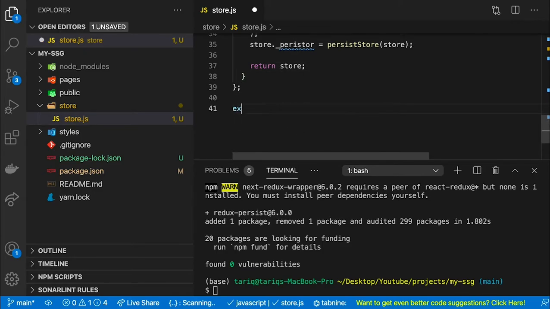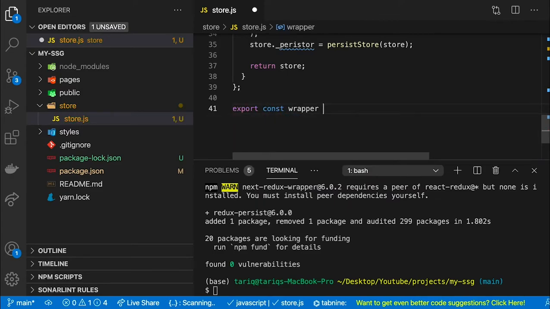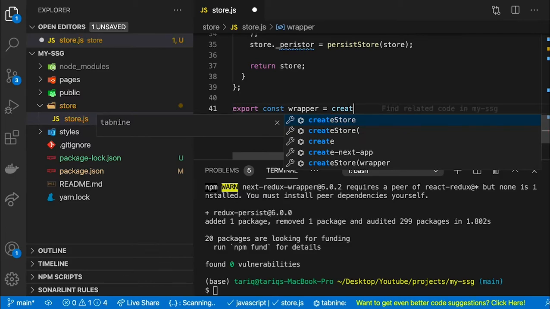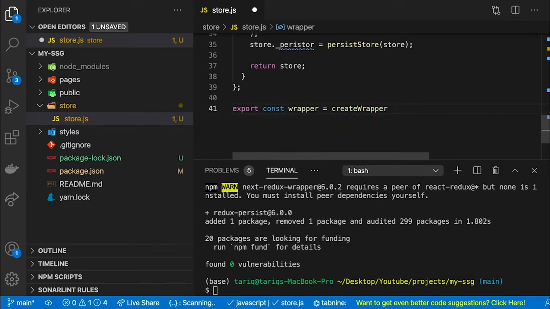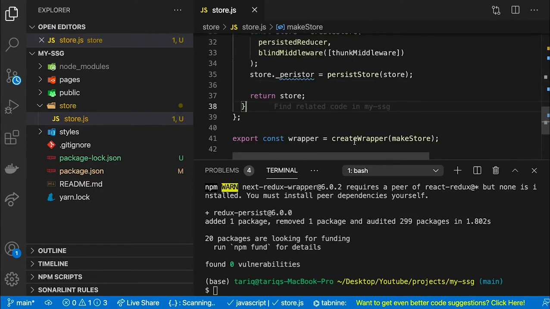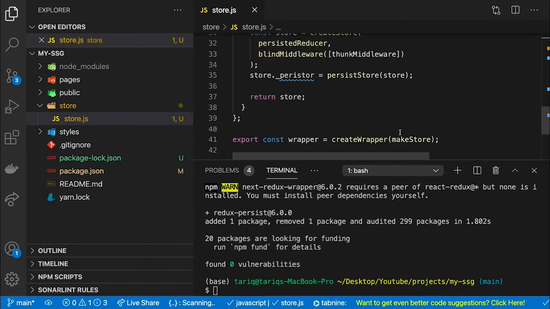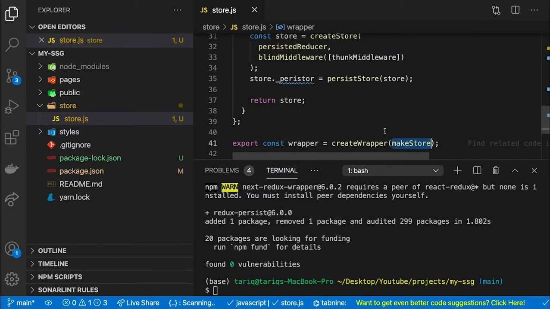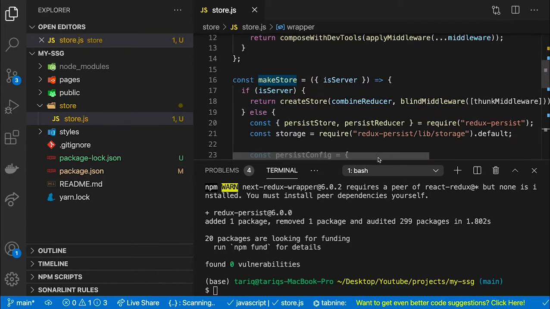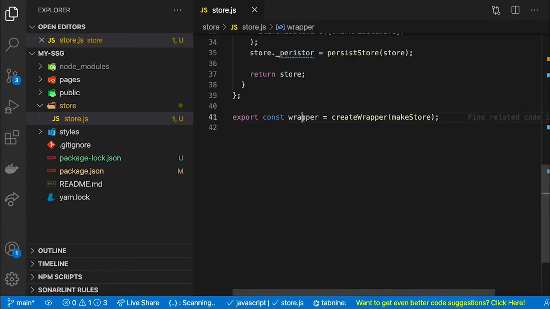Now I will make the wrapper. Export const wrapper, create wrapper, make store. So what's happening here is I have create wrapper that's coming from next redux wrapper, and I am putting the store that we have created in here. All right, so right now I'm gonna take the wrapper,